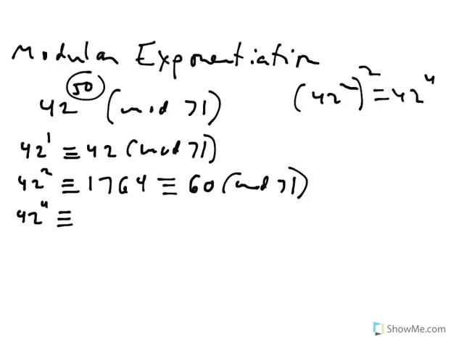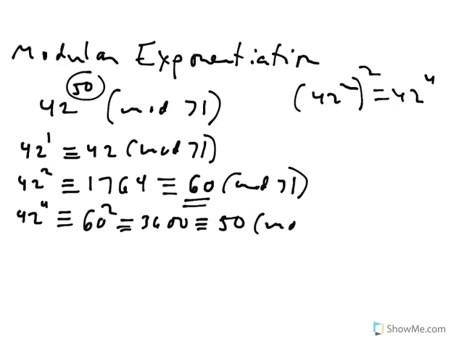So we could take the answer we just got, which was 60, and just square that. 60 squared is a lot better than 42 to the fourth power. 60 squared is 3,600. And when you divide that by 71, you get 50 remainder 50, which is a little confusing,